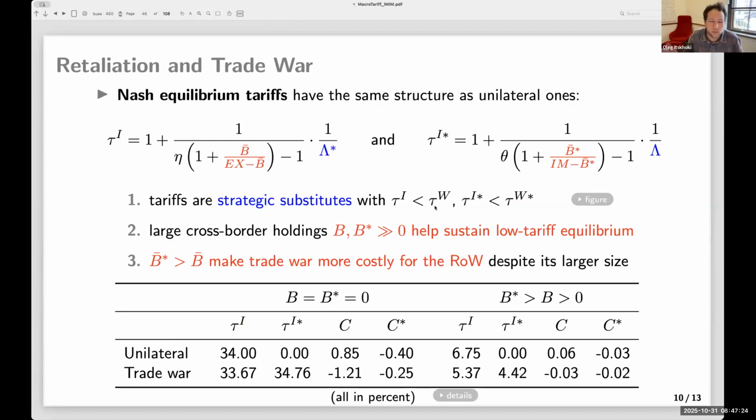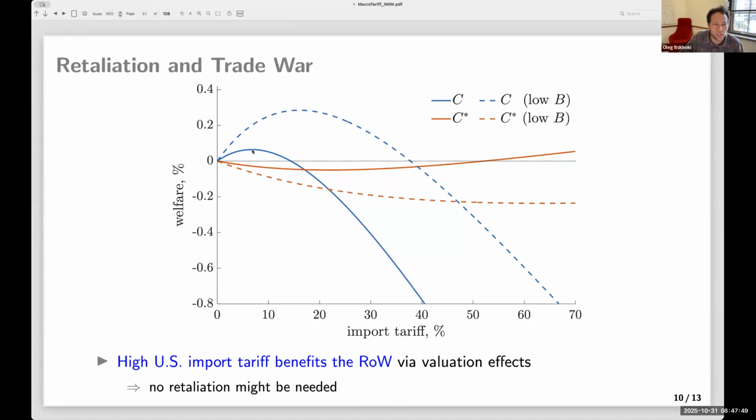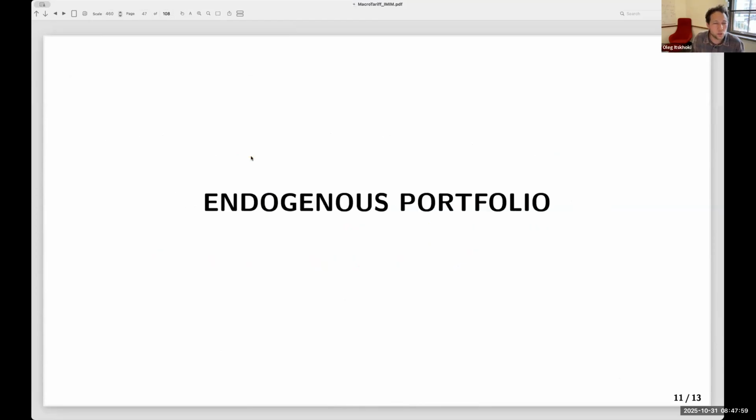One last thing I'm going to say, and then I'm going to pass it to Lufu. In a symmetric world, you can sustain a situation with low tariffs. Why? Because the liabilities in dollars would reduce the optimal import tariff for the US. The liabilities for the rest of the world, which are B star, will reduce the optimal tariff for the rest of the world. And so both regions can have a Nash equilibrium with fairly low tariffs. So this picture for the US suggesting low tariff is optimal is also true for the rest of the world. And maybe if we live in a more symmetric world with a lot of cross-border positions, that's a way to sustain a low tariff equilibrium.